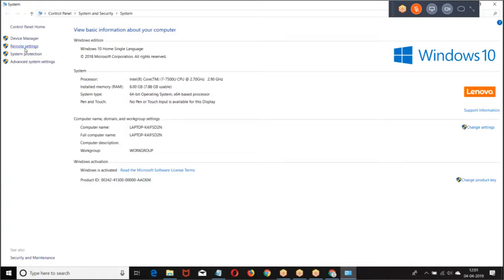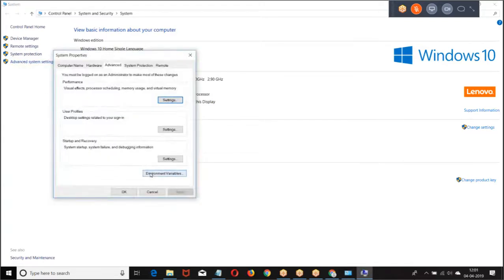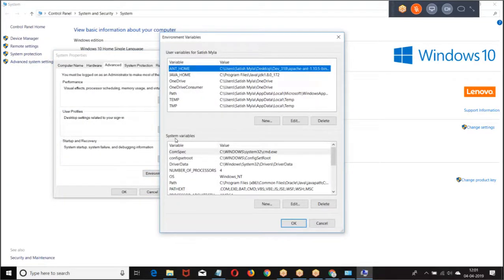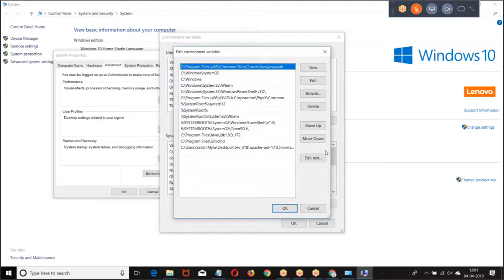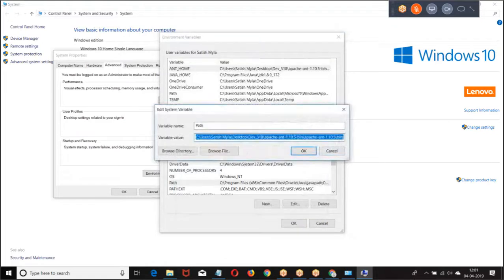How do you put it in the path? In the system variables, already some data will be there. Select the path, edit, put a semicolon, then give the path of the bin folder of Java. All the bin folder paths will be in a single line here. Don't delete the existing ones, put a semicolon and add it to the existing.